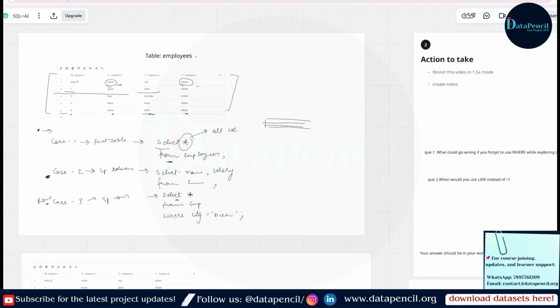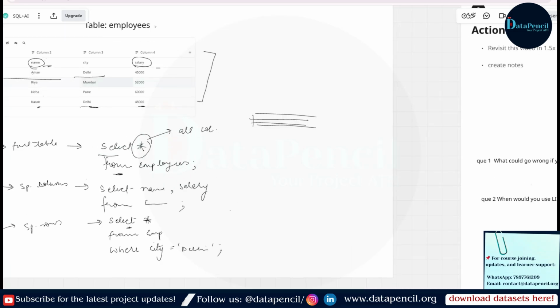They ask, show me the highest salary. They may ask, show the latest record. So it means we have to sort this data. We have to limit the output result. Sometimes we have to give the ranking also. Okay, so now let's see everything one by one.